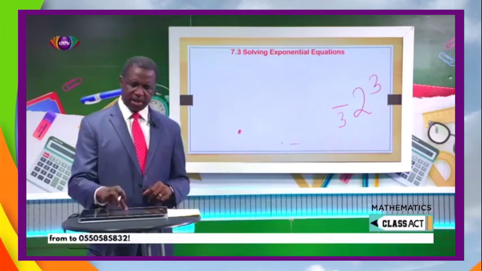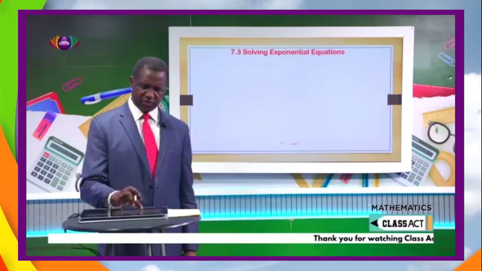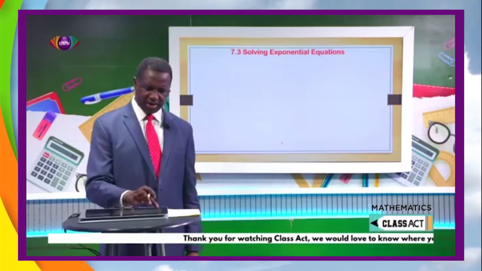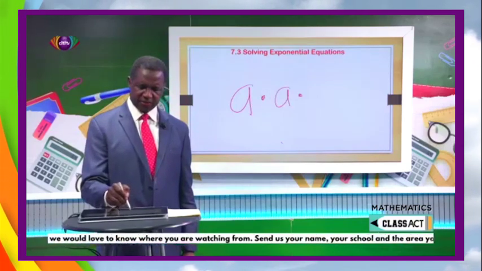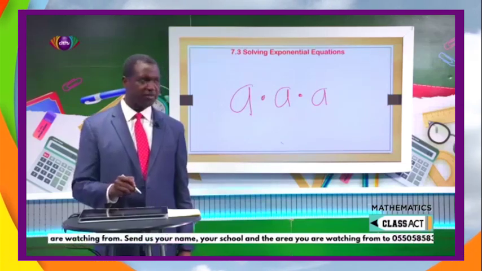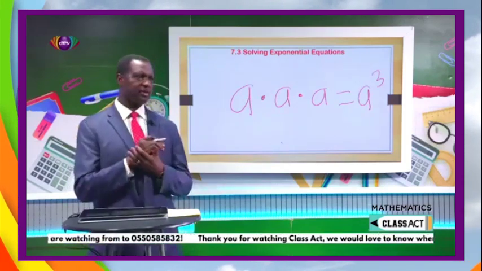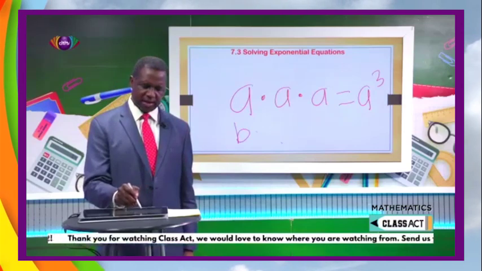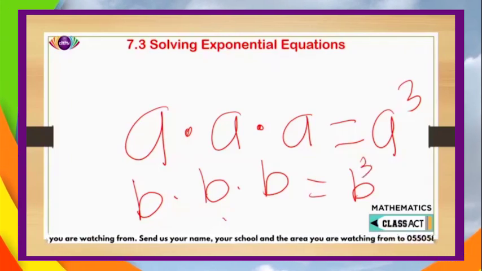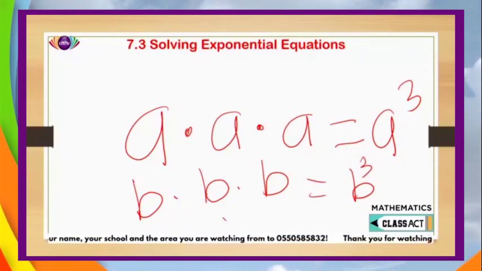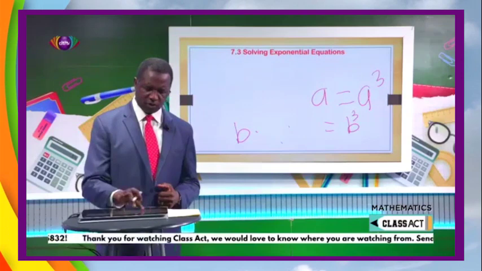Exponents, we can also not just use numbers. If I have a, now we are using symbols, right? If I have a times a times a, remember we said this symbol means times, this will be a to the power of 3. If I have b times b times b, this is also b to the power of 3. This is also the concept of exponents. Now, let me quickly jump into other rules of exponents.